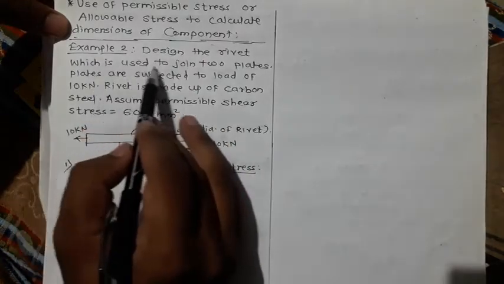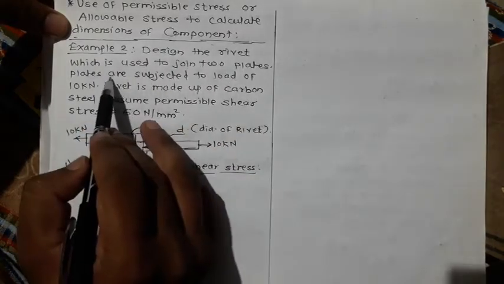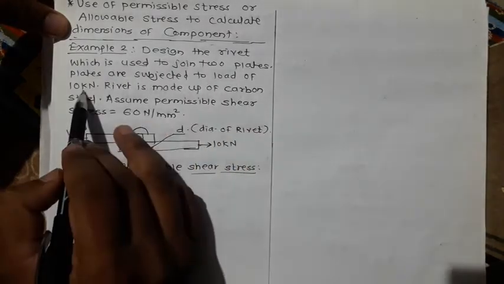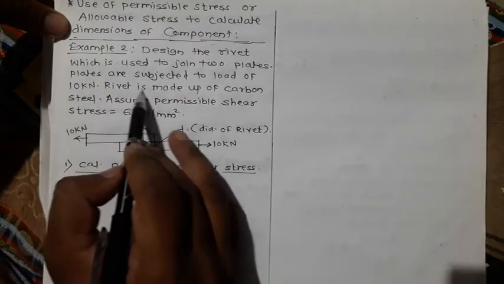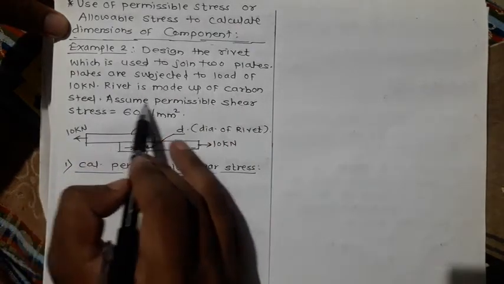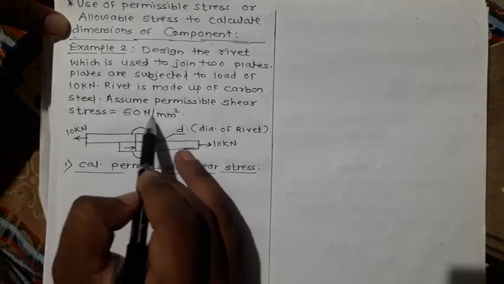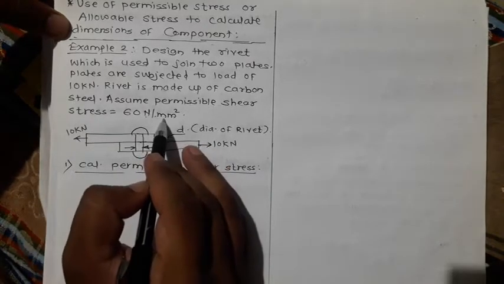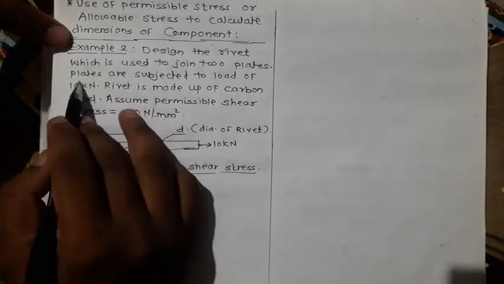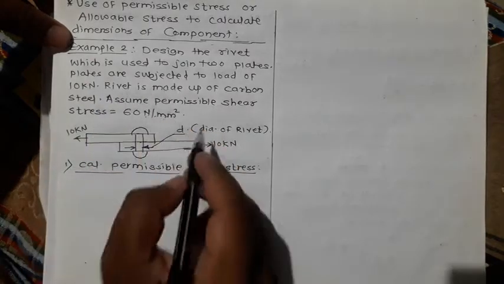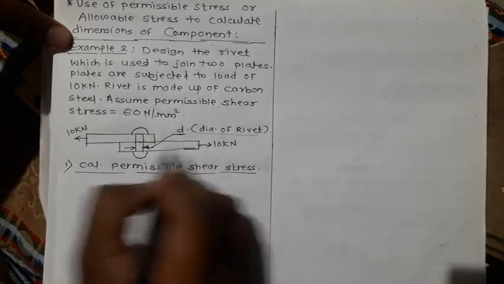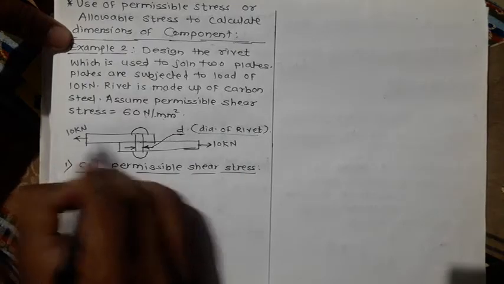Design the rivet which is used to join two plates. The plates are subjected to load of 10 kilonewton. A rivet is made up of carbon steel. Assume permissible shear stress equal to 60 Newton per mm square. So here directly permissible shear stress is given, load is given, and we have to design the rivet. That is, we have to find out the diameter of this rivet, and these plates are subjected to load of